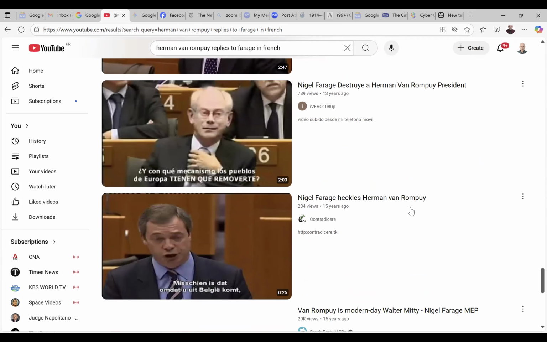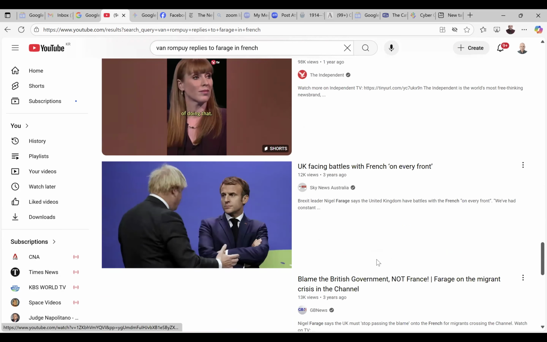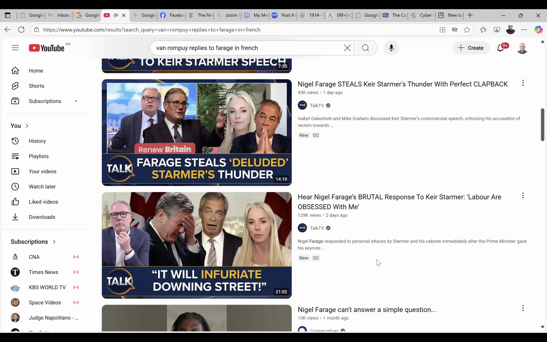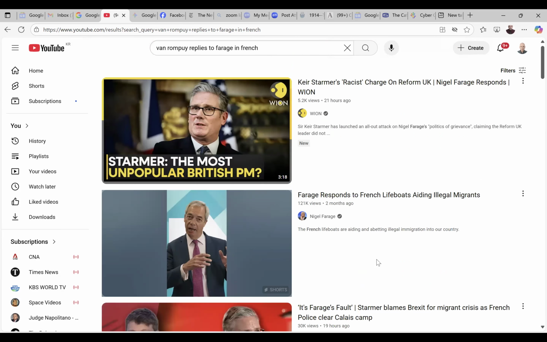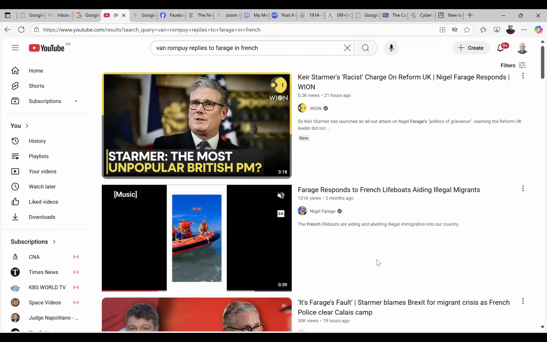But he applauds the European Union in its responding to the sovereign debt crisis, because the Europeans continue to cooperate with each other rather than compete by devaluing their currencies in order to get their currencies cheaper, so that they can reduce the prices of their exports to get an economic advantage. He highlights that we are not doing that. We have not done that during the sovereign debt crisis, the greatest economic crisis the world had faced since the Great Depression. And I just mentioned that because Herman van Rompuy replies in French at the European Parliament, not in English, but in French language.